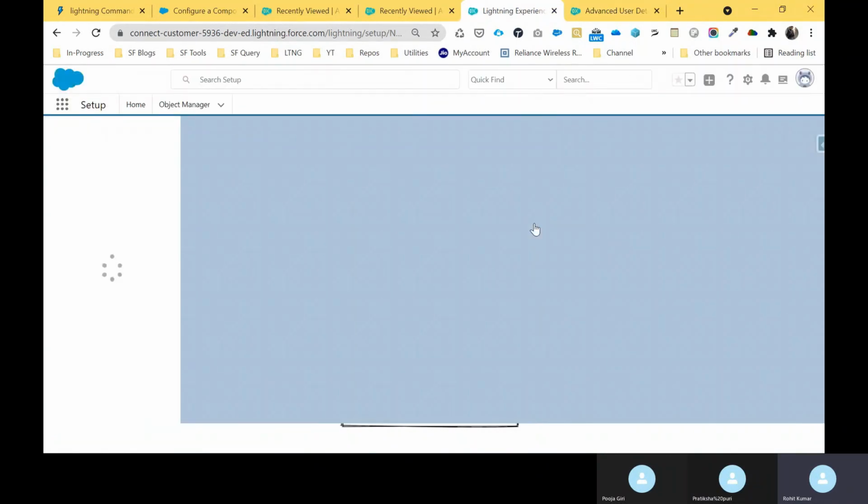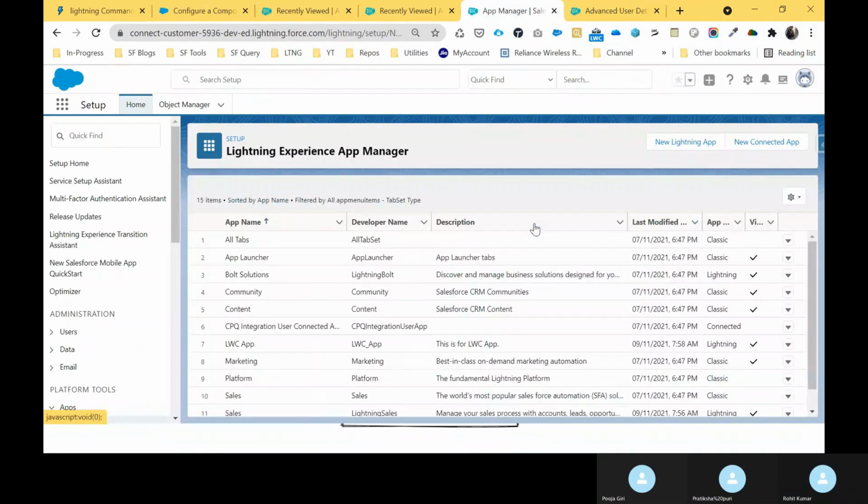Now you can see my time here, LWC app, 7:58, right? So this is based on your time zone, because it's a newly created org. Salesforce automatically sets the time in American standard format, so it's not a big issue.